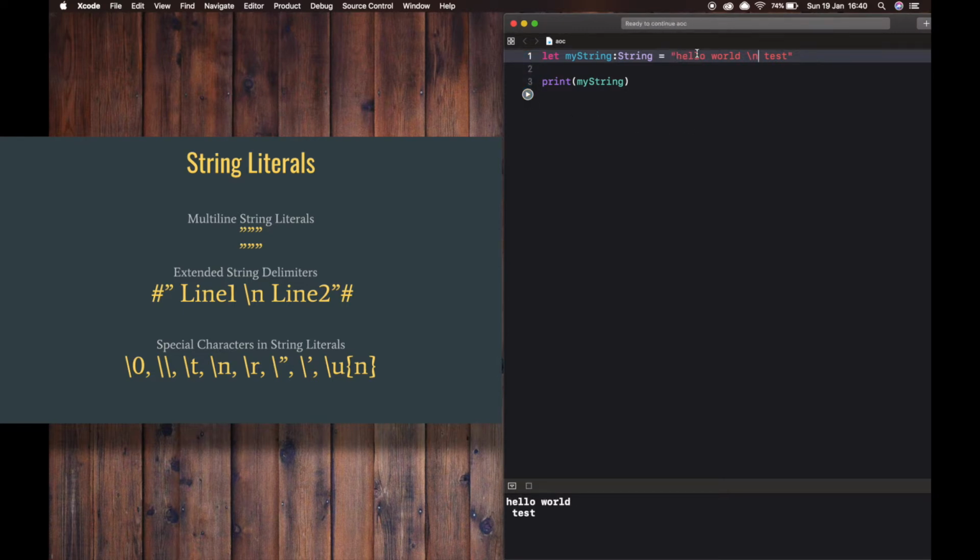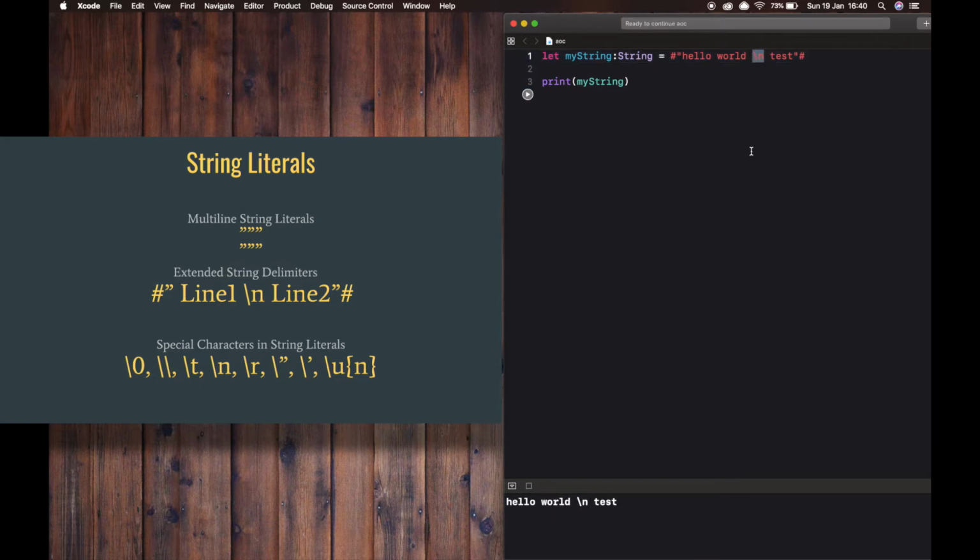Okay, if you want to include the special character without invoking their effect, let's add a hash here. Then it will print as \n.